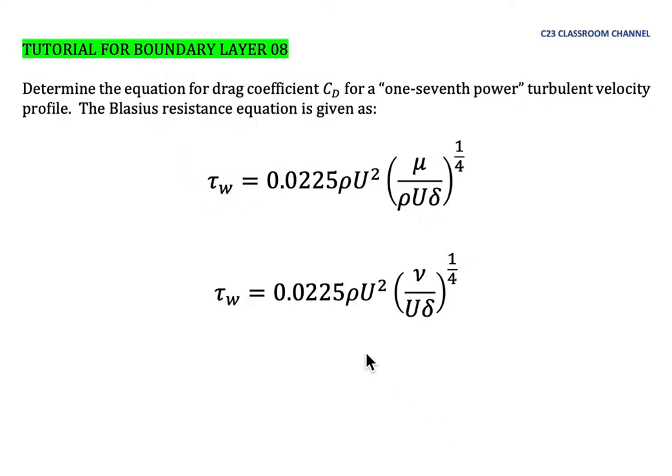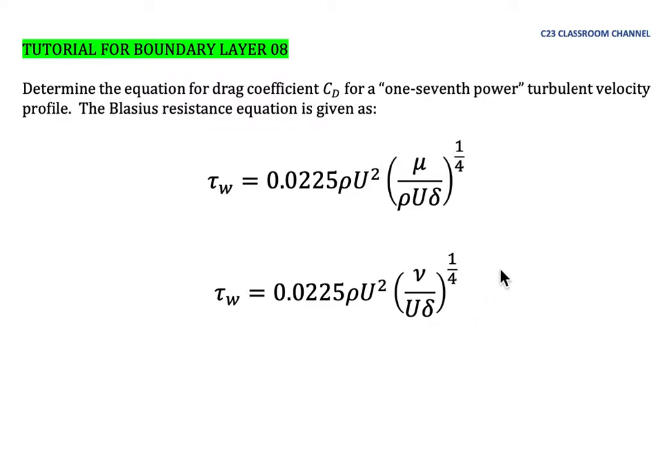This is tutorial for boundary layer number 8. Determine the equation for drag coefficient CD for a 1/7 power turbulent velocity profile, and the Blasius resistance equation is given as this one. So for the Blasius resistance equation, bear in mind that you may see two types of them,